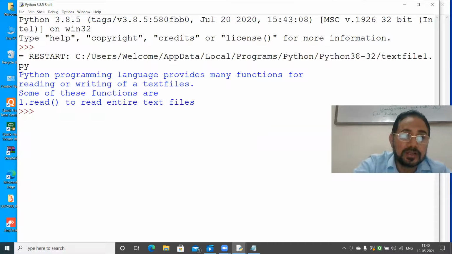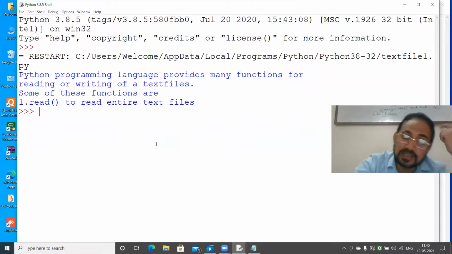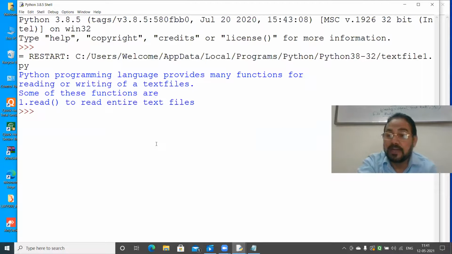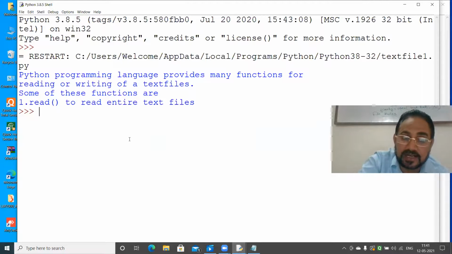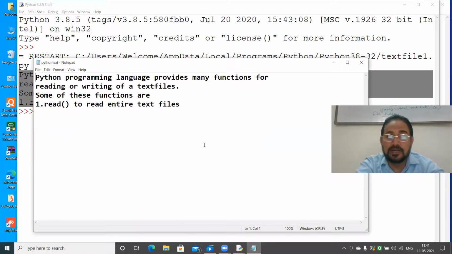Now see, this complete text which I have written in Notepad is now read in my Python programming language, in my Python editor, and in interactive mode, it is showing the result. Whatever I have written here, the same thing is coming here.